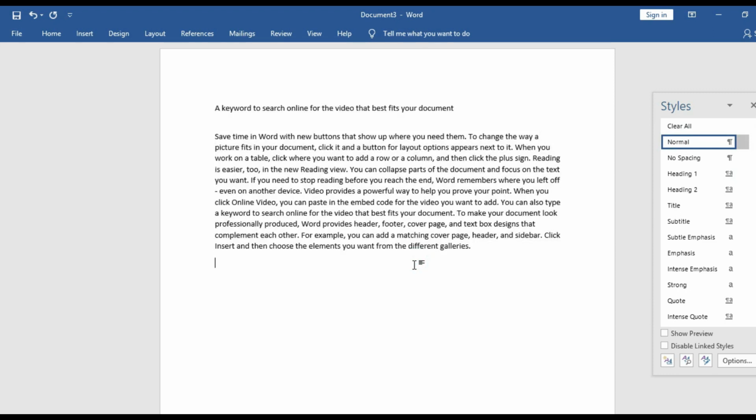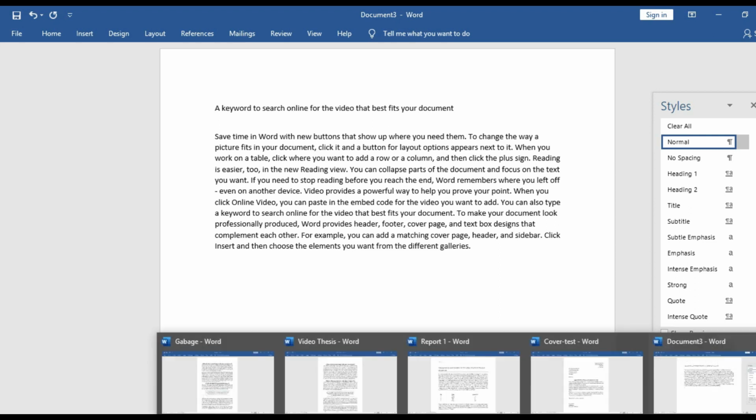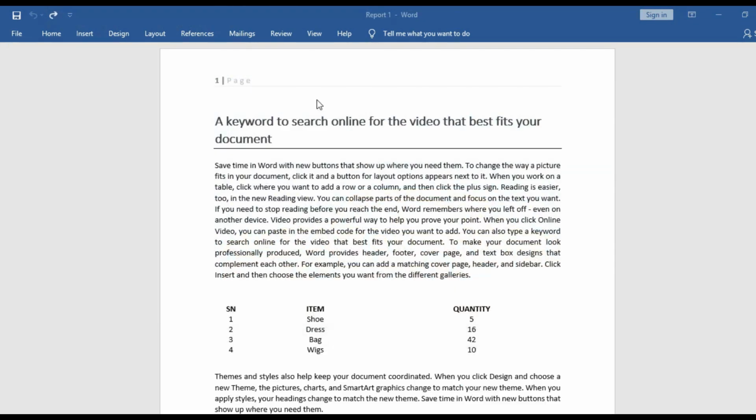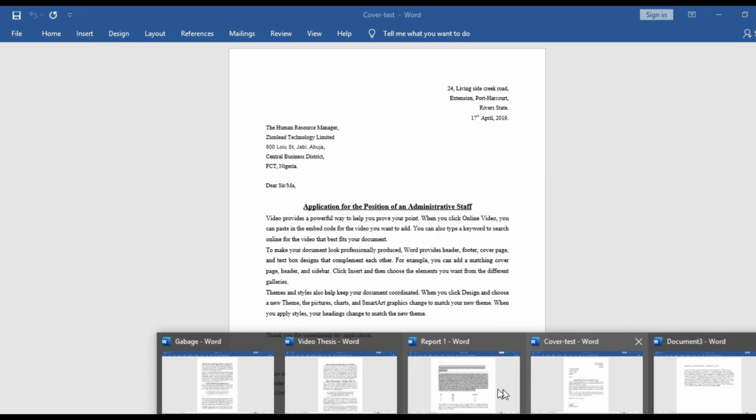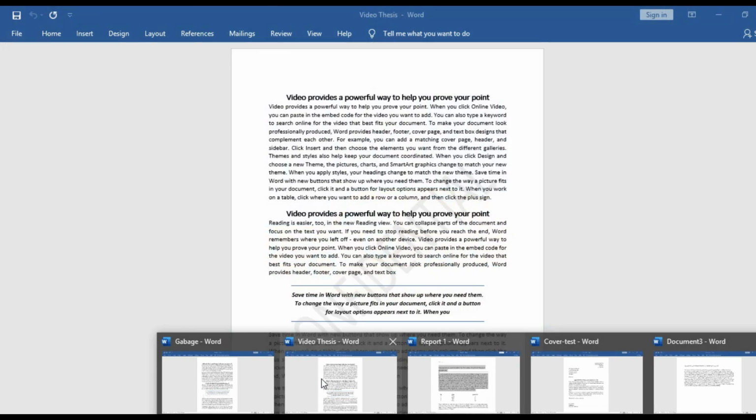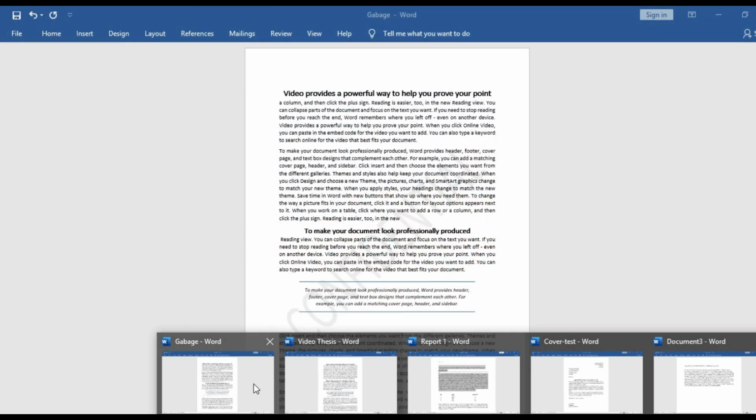So this is just to assume that you know how to type and you've succeeded in typing this, but what you want to achieve is this. This is what you want to achieve. So how do we achieve this? We click on